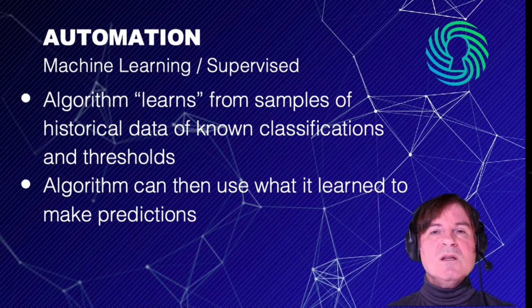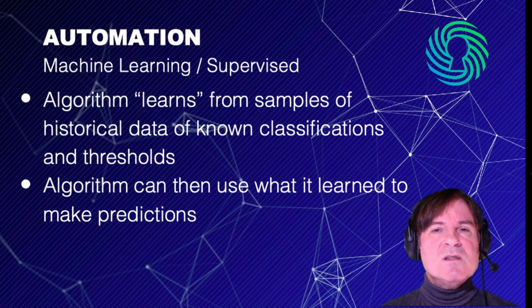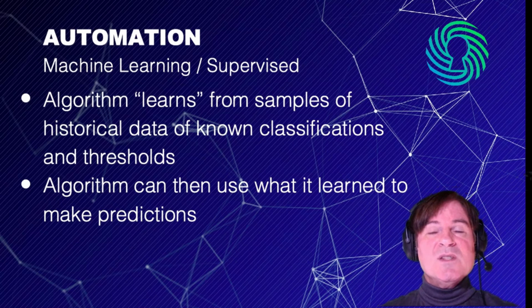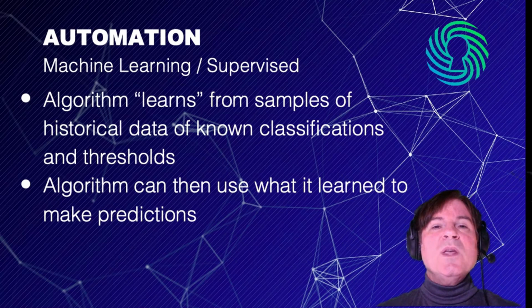So what the algorithm will do then is it will go in and look at the fraudulent transactions and find patterns. And it will look at the non-fraudulent transactions and look for patterns there. And it will then try to distinguish between the two. One of the banes of supervised machine learning is that the data is not sufficient. The data between the non-fraud and fraud are too similar, so it's hard for it to make predictions. So this is a common issue with supervised machine learning. But for our purposes, from a conceptual standpoint, it has this historical data that it learns from, and then in our example, it would say if we see a transaction, we hope to be able to tell whether it is or is not fraudulent. At least that's the goal.